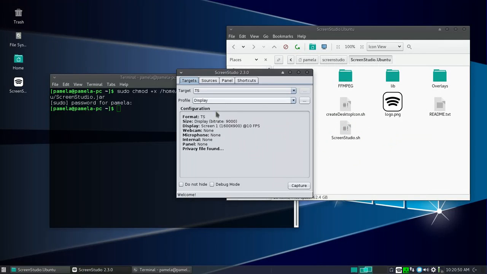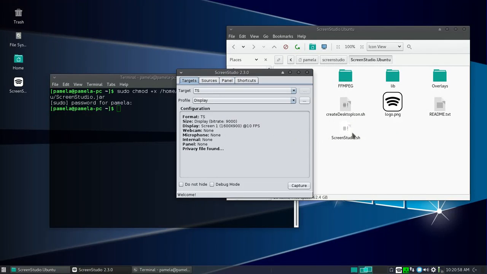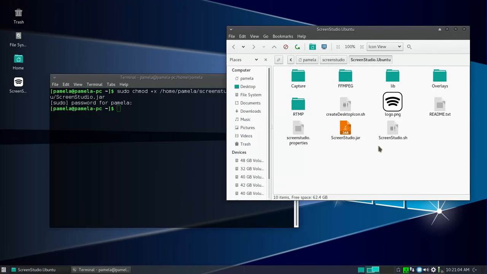There we go. You see it runs. Now, had we not set the executable bit here, it would not run. When we've done that, it actually runs. So what we can do now, okay, I'm just going to close that out. What we can do is run the desktop file, and that will move the icon over to